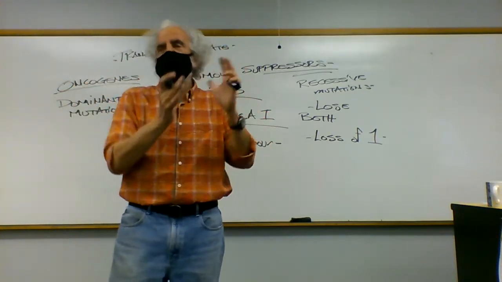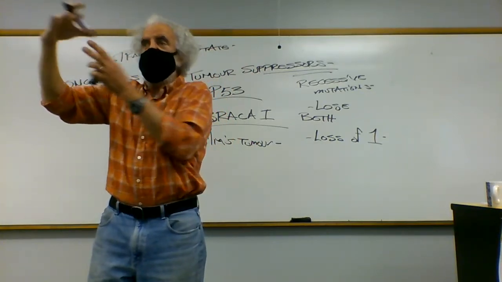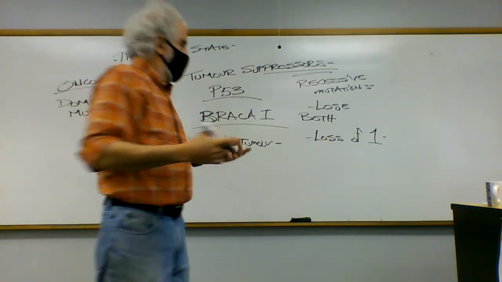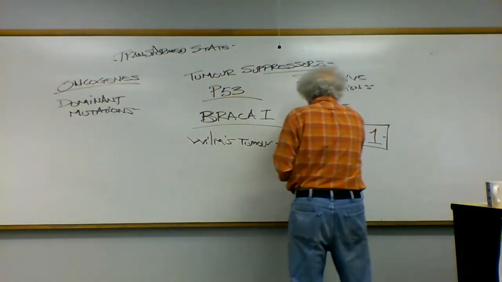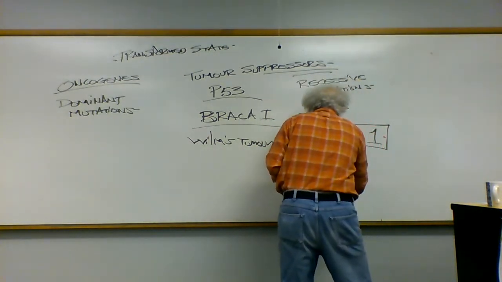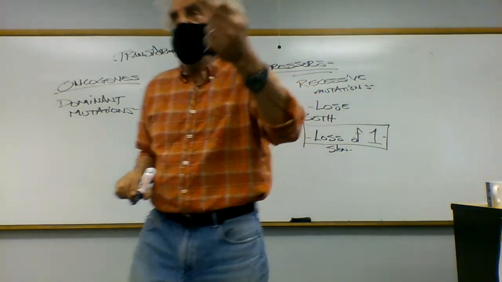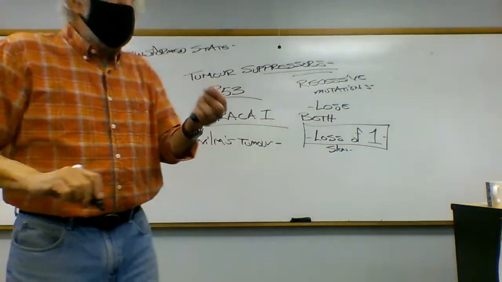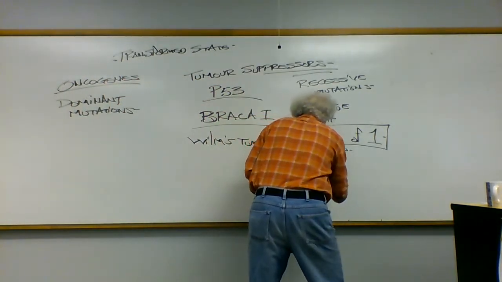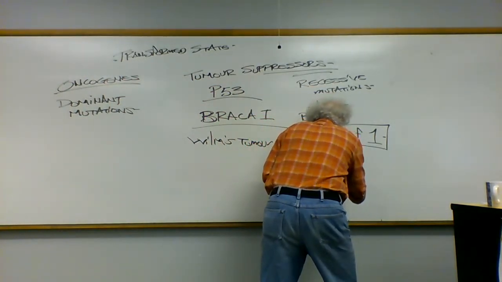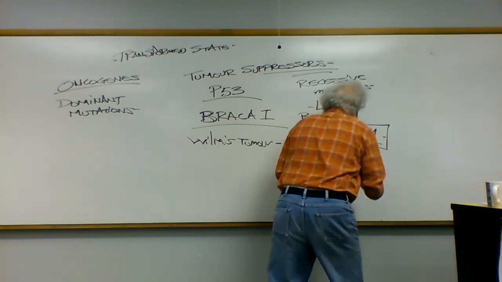And this is probably because of DNA mismatch repair, the fact that you've got this other gene as a potential template. And so the loss of one can be a fairly slow process. It may take years before you would lose one. But then the loss of the second can happen within a much shorter period of time. So it's like once you finally lose the one, then you can lose the second one very quickly.